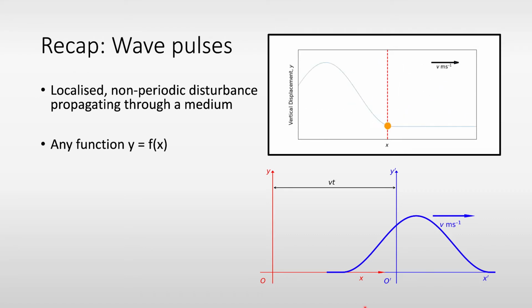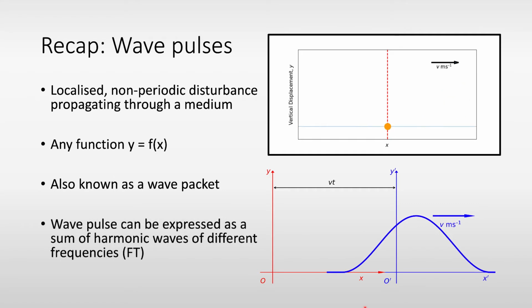We also said these could take the form of any function where the localized disturbance y is a function of x, the direction in the propagation, and we also said this is known as a wave packet. As we went through our discussion of waves, we found that we could express a wave pulse as a sum of harmonic waves of different frequencies. This was our idea of a Fourier transform, so thinking about expressing this localized wave pulse as a series of harmonic waves. And if we have a non-periodic disturbance, that means we use an infinite array of frequencies